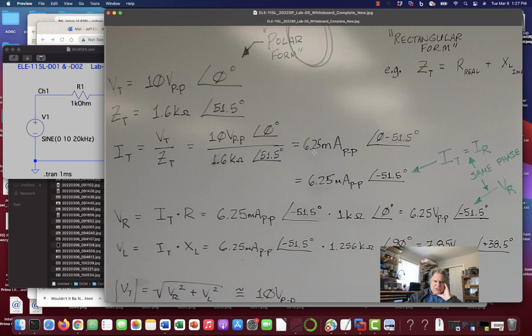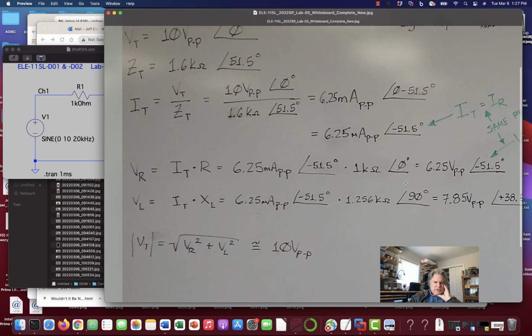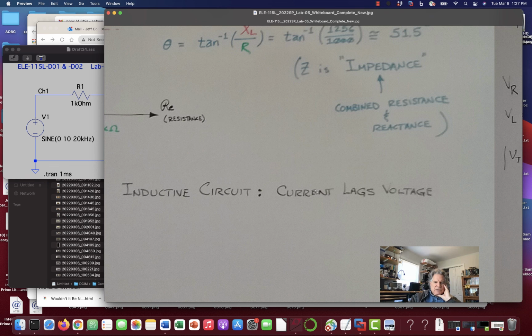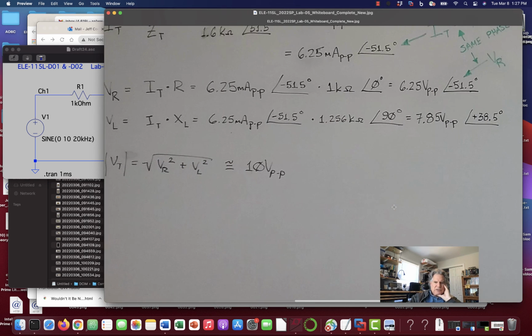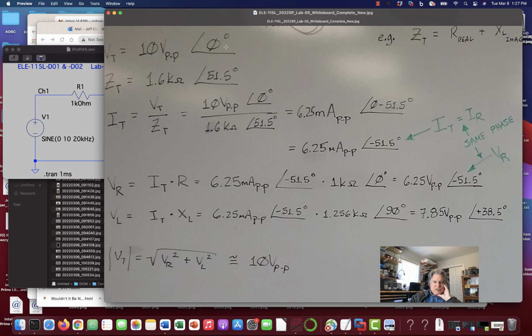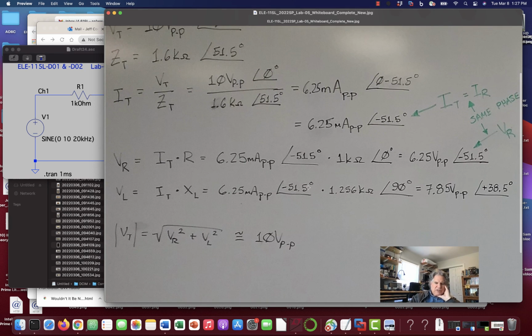6.25 milliamps peak to peak at an angle of 0 minus 51.5 degrees. Obviously, that's 6.25 milliamps peak to peak at negative 51.5 degrees. And that's where this comment down here comes from: current lags voltage in an inductive circuit. If you look at the voltage applied to the circuit, it is at 0 degrees, but the current is behind it. It's at minus